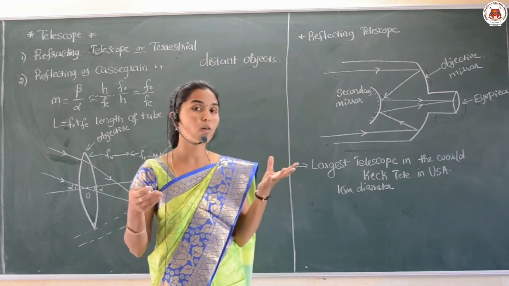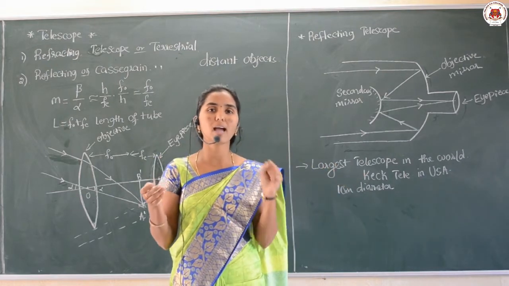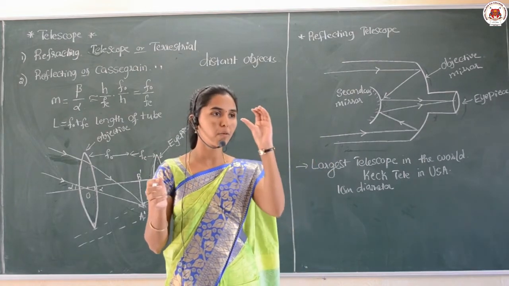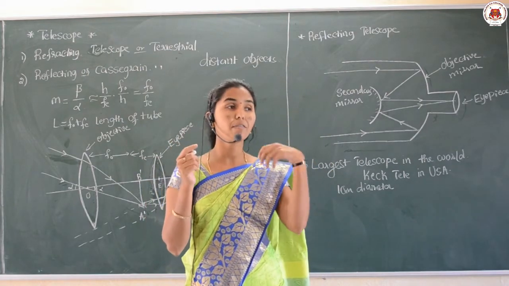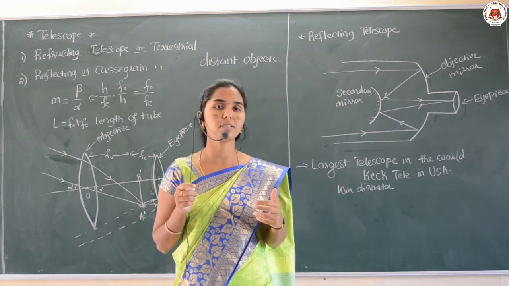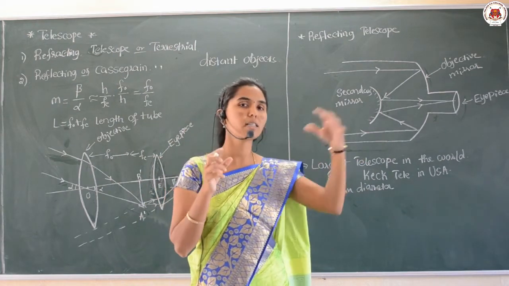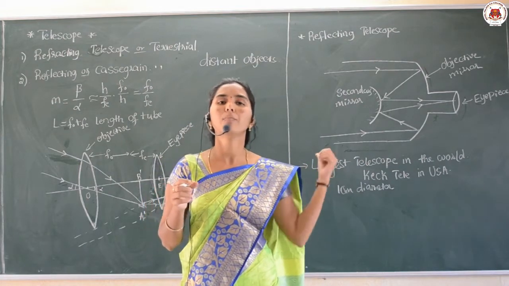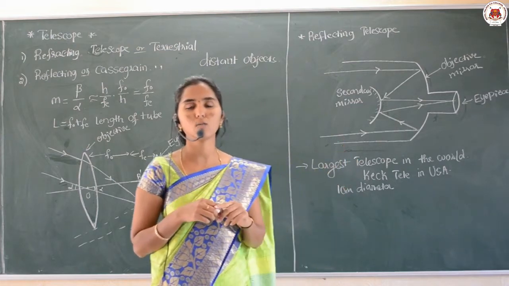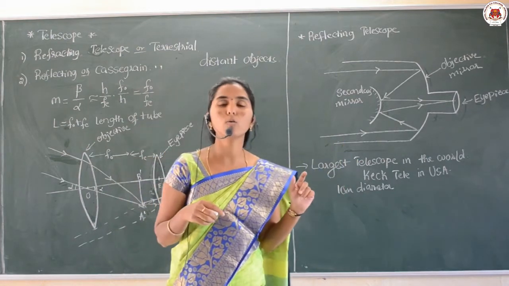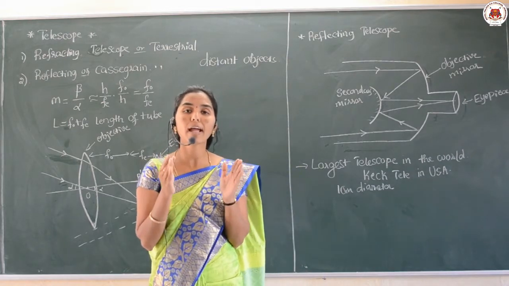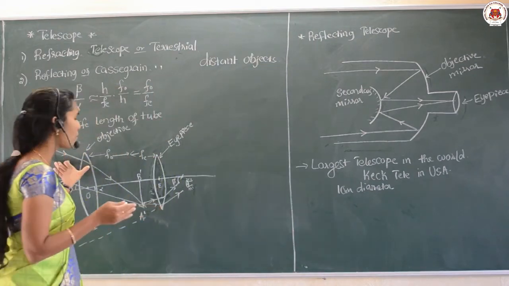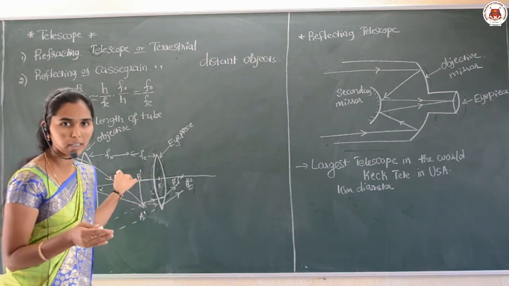Sometimes you might have observed in the case of the soldier camps, they will be seeing with the help of binoculars or with the help of the telescope, they see where is the camp of the enemies, isn't it? So their group in which direction they are attacking to them. In that sense, to understand, they are using the terrestrial telescope, right? Then the terrestrial telescope is of which type? Refracting telescope. So here I have given the diagram of the refracting type of the telescope.